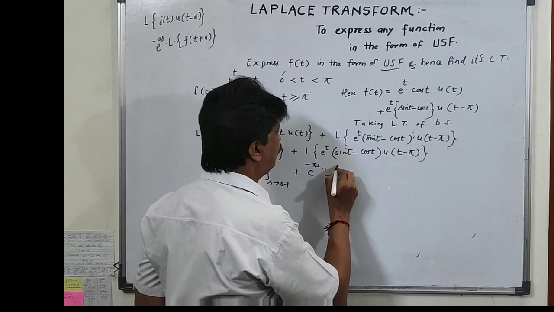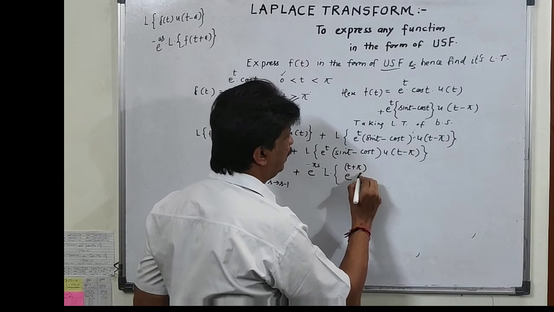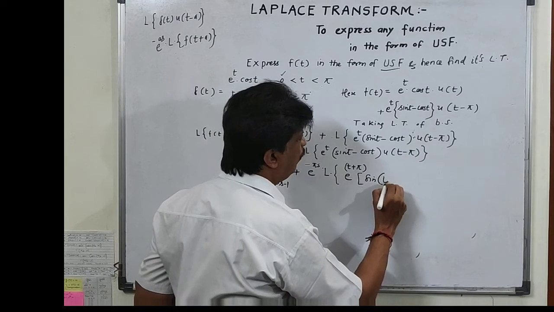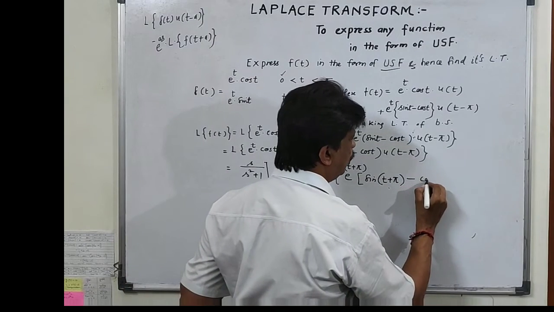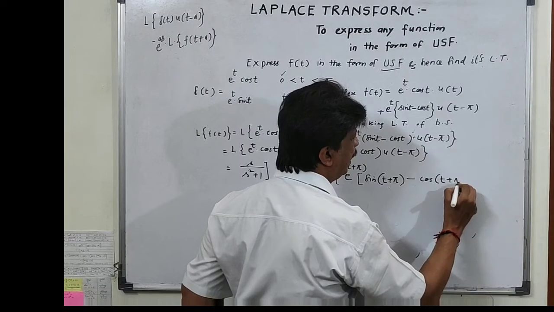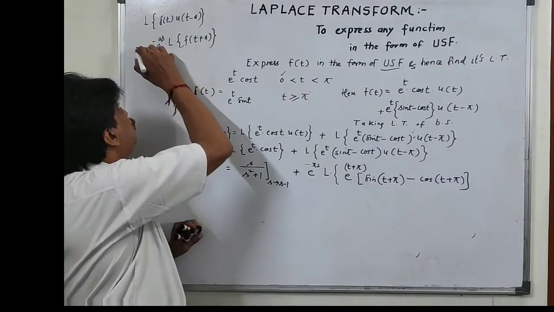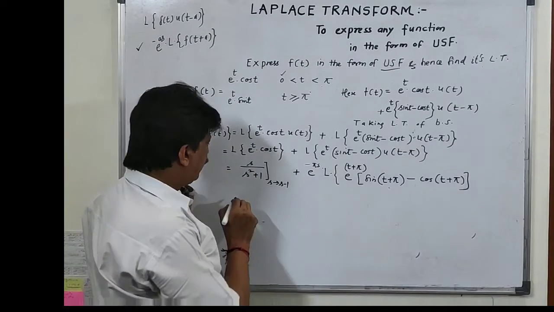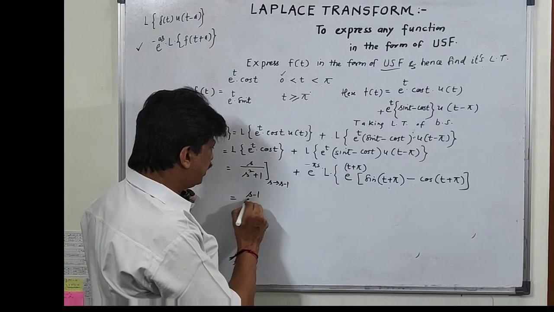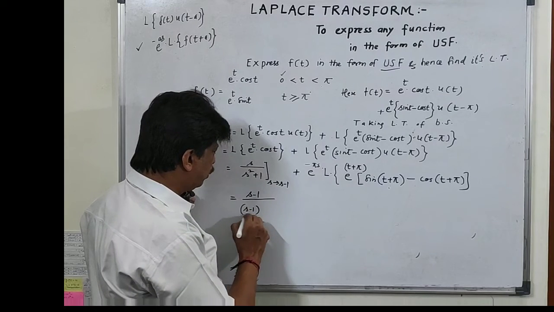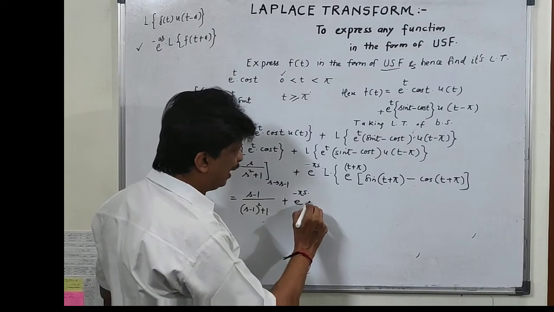into Laplace transform of e raised to power t plus pi into sine of t plus pi minus cos of t plus pi. That's it. I have used this formula. Further, here replace s by s minus 1 because this is f of s minus 1. S minus 1 upon s minus 1 whole square plus 1, plus e raised to power minus pi s into Laplace of